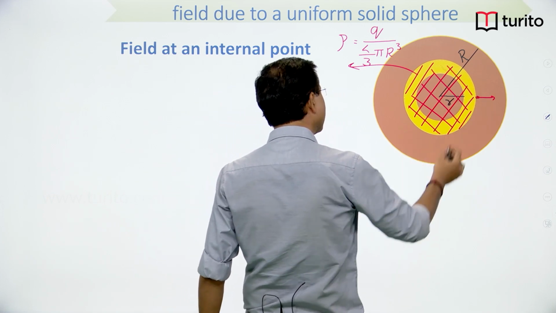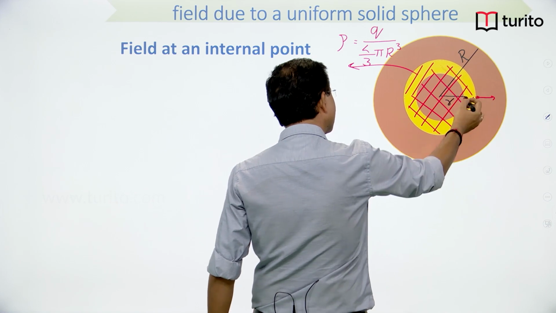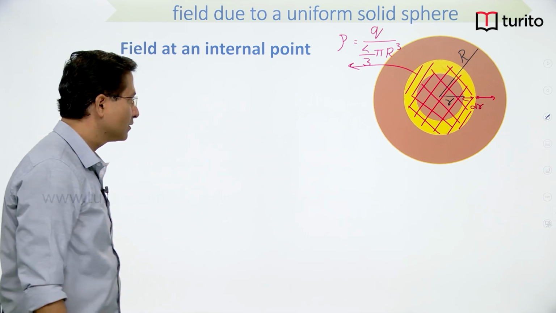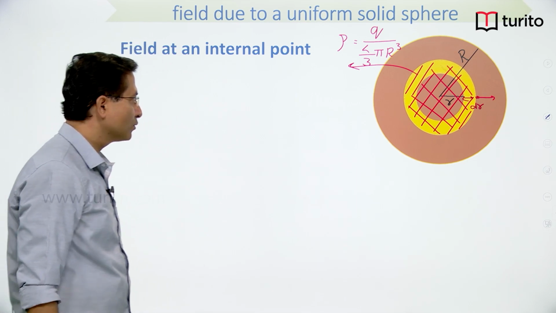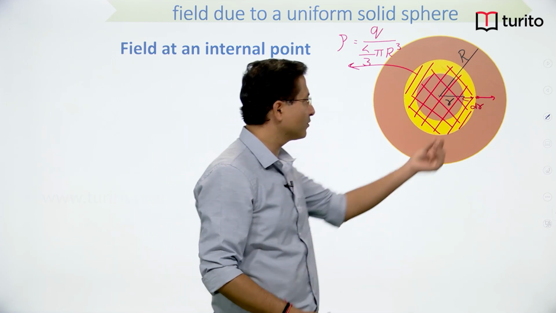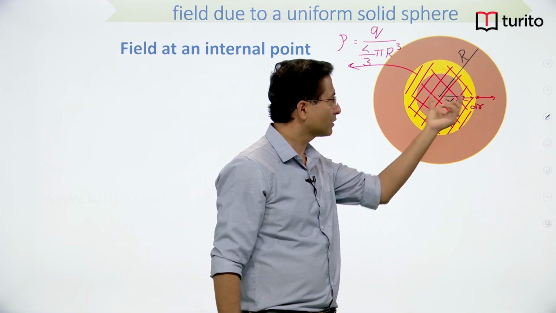Here I have taken a small part whose thickness is dr. So to get the total charge up to r, because this thickness is very small,